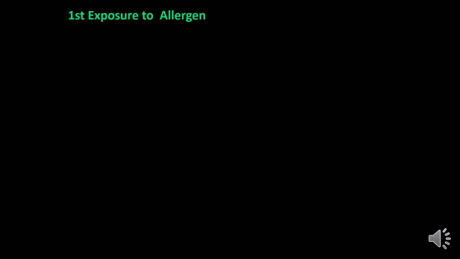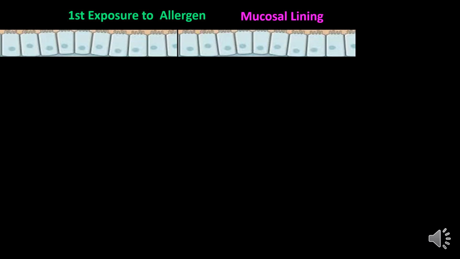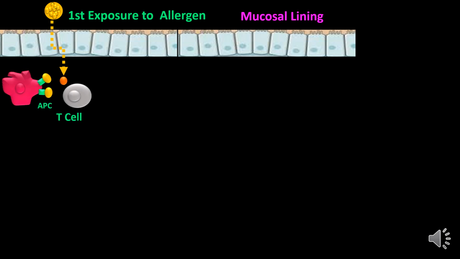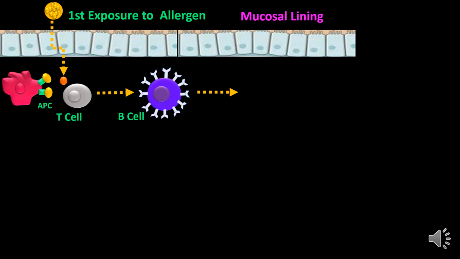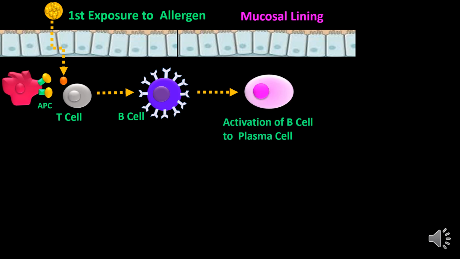On first exposure to allergen, the allergen is able to cross the mucosal lining. Once it crosses the mucosal lining, it comes in contact with antigen presenting cells and the T cells. These cells release certain cytokines, and these cytokines activate the B cell for maturation. On maturation, this B cell transforms into the plasma cell, which is an antibody secreting B lymphocyte,